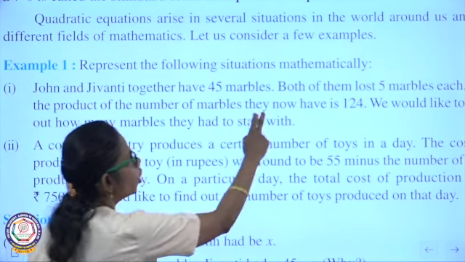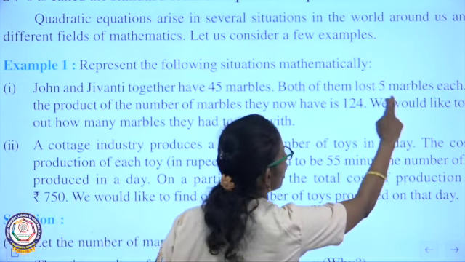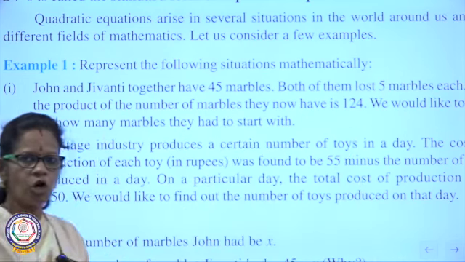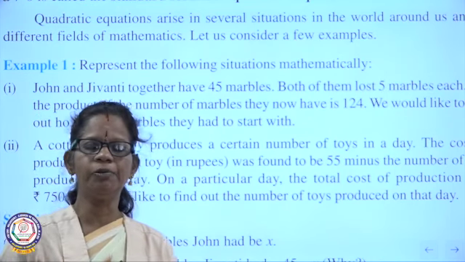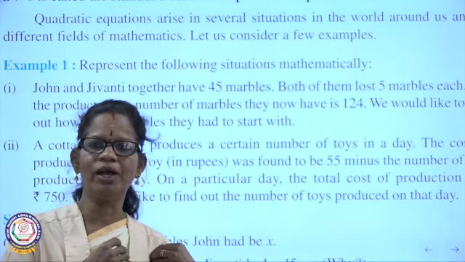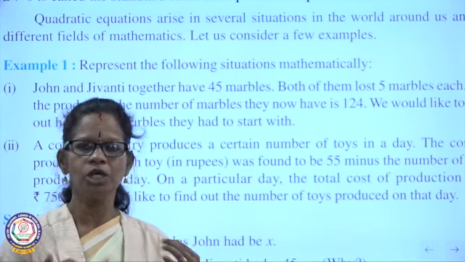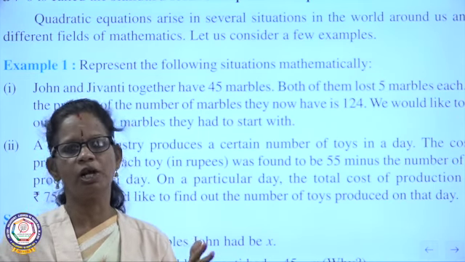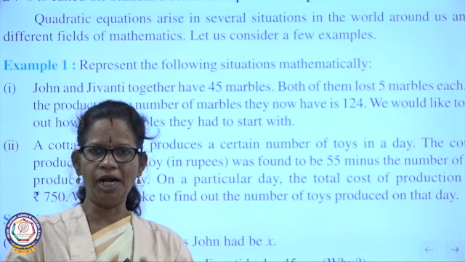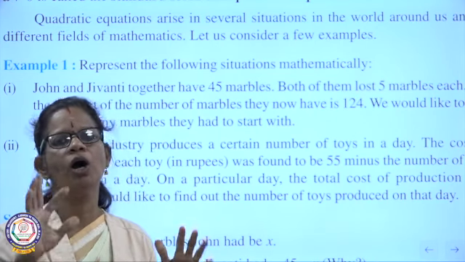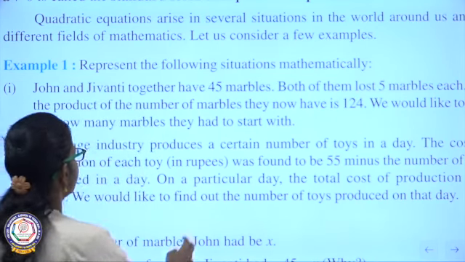Right. Both of them lost 5 marbles each. For example, I have 20 marbles, you have 10 marbles. Both of them lost 5, what is the meaning? At present I have 15, you have 5. That is the meaning. Next,